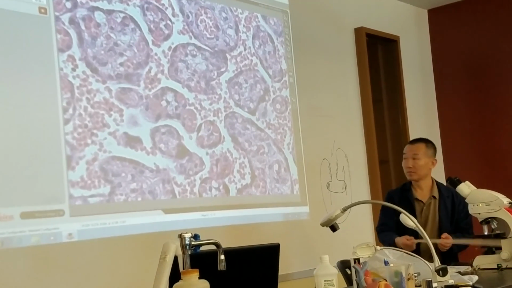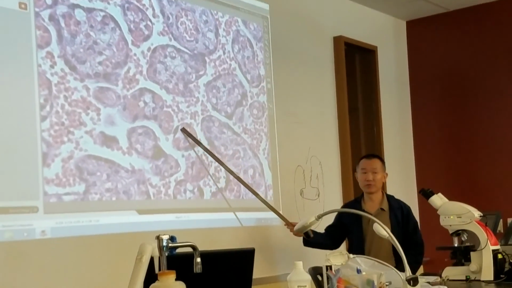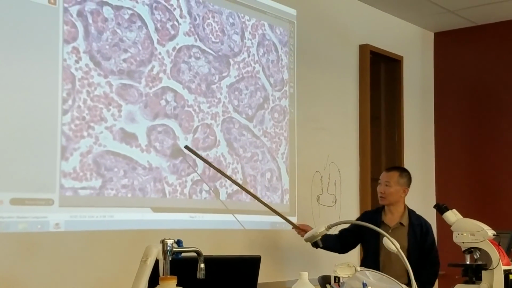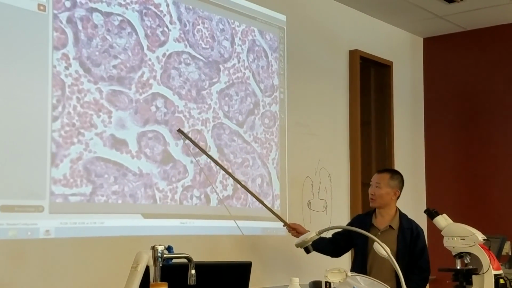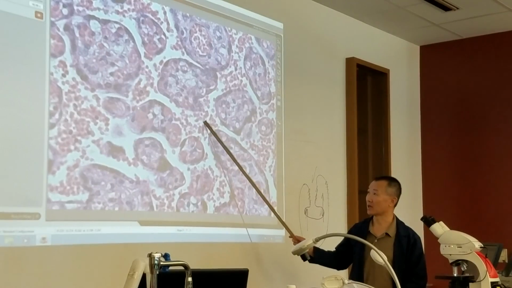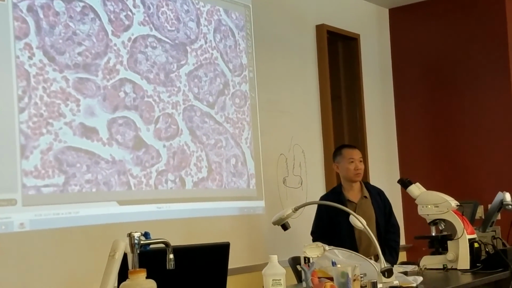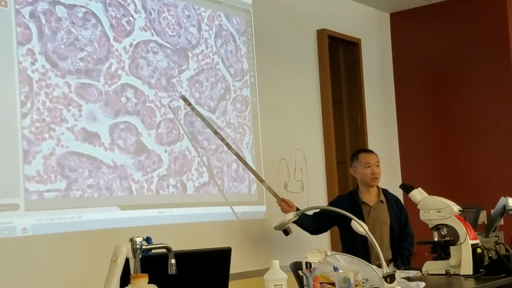Okay, so those are villi, chorionic villi. The baby's blood vessel is inside, with the red blood cells inside from the baby's blood vessel. Outside, that's filled with mother's red blood cells. If I ask you the whole organ's name,